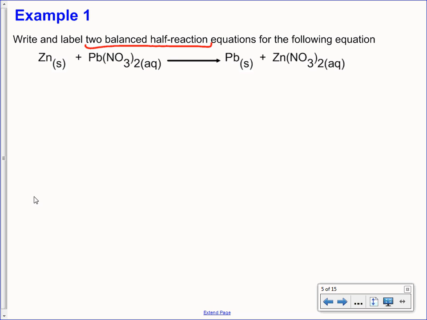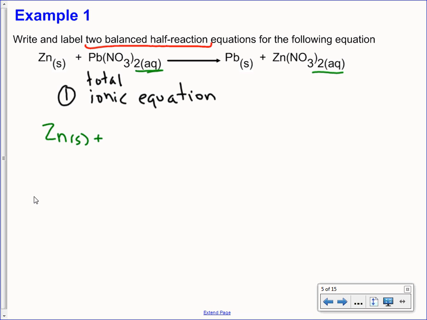So first thing that we have to do with this particular example is come up with the ionic equation, the total ionic equation. So you got to think back to grade 11 a little bit and remember what that total ionic equation is. Basically, anything that is aqueous will dissociate into its ions. So for our total ionic equation,